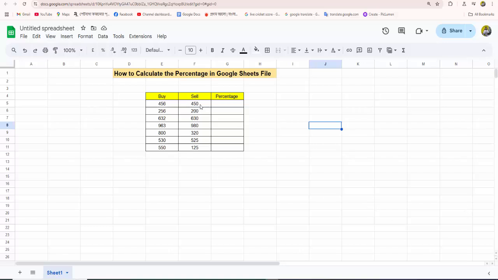Now first, please select the percentage cell. Now click, then press the equal key on the keyboard. Then select the first cell, then select. Now press the Enter key on the keyboard,